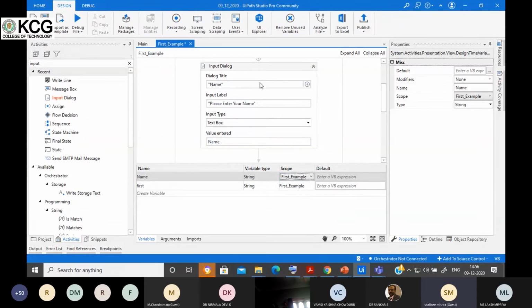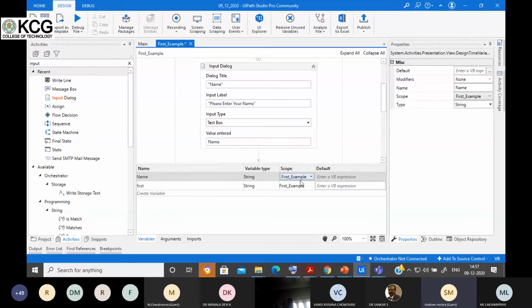currently I'm not getting the option. If I take an example where we can define the variable scope, like when you run a flowchart, there we can specify this variable scope. So if you limit the scope of a variable and you want to use that particular variable outside that scope, then you will get some type of error.